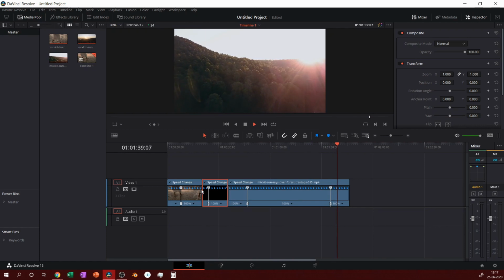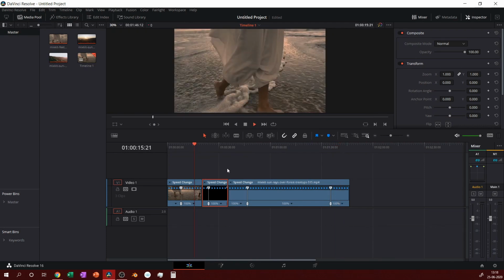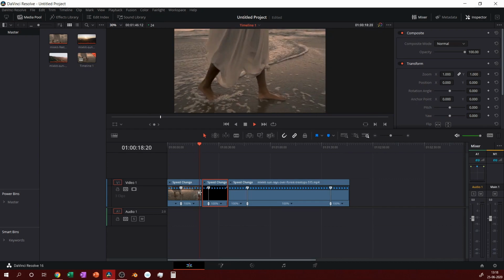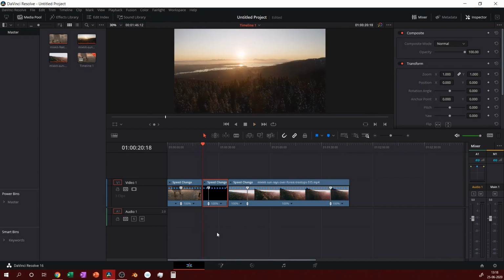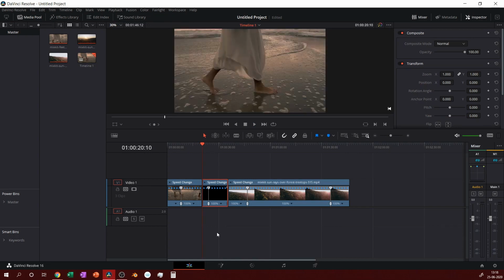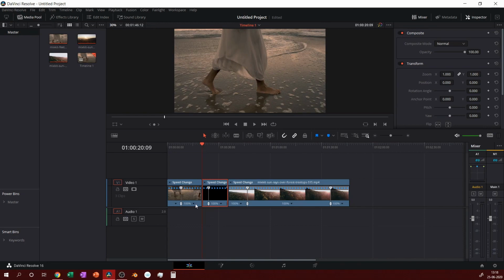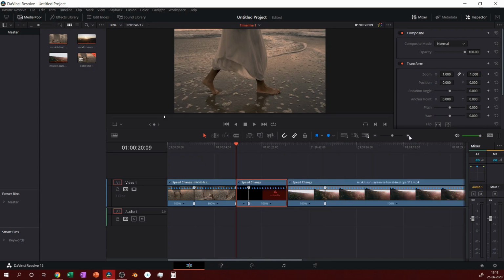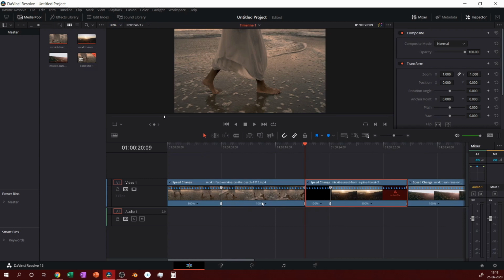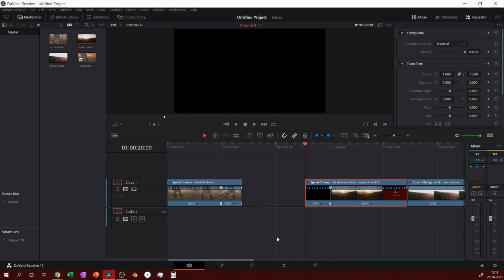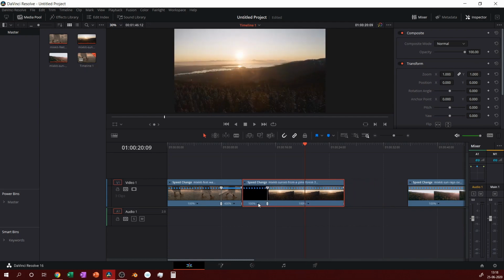So now what we want to do is shrink the time on this. To do that, I am adding one more speed point here at the end, right before it changes the clip. And I'm using the arrow keys to set the keyframes, going back frame by frame. Alright, now that we are here, I'm going to adjust the speed so we can start speed ramping. First adjust the speed to whatever you want, and I think around 400% is just the right amount, or if not you can always go higher.